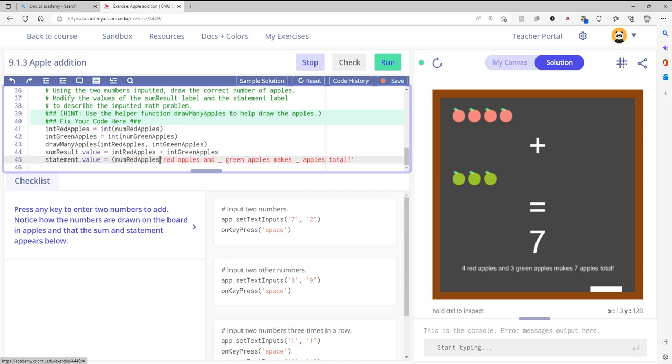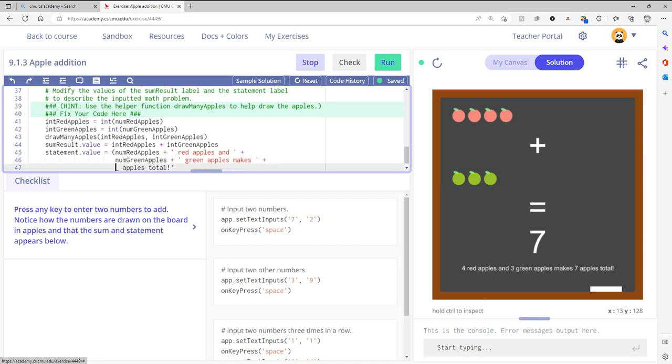we have our num red apples, which is the original amount as a string, right? And then we want to add the words red apples and, then we want to add num green apples, add green apples makes, and then we want to add